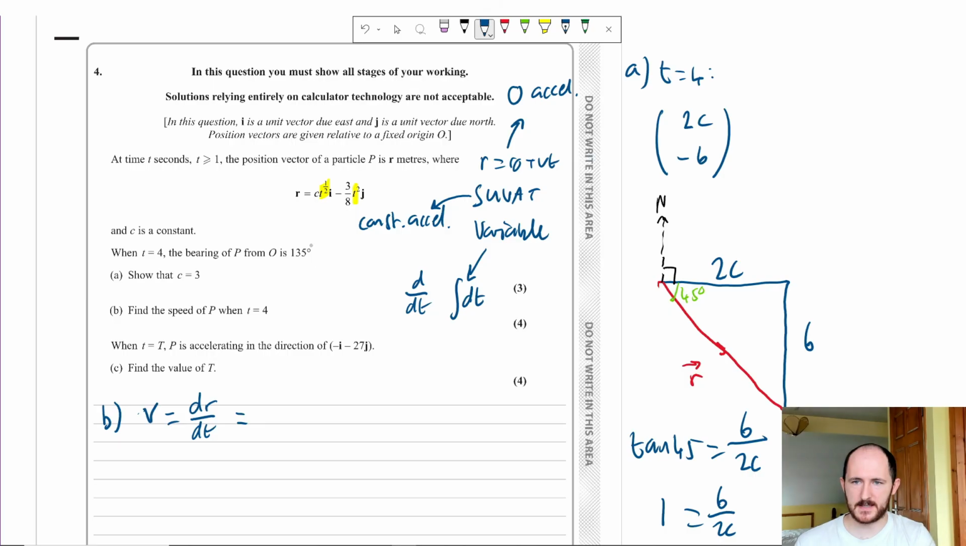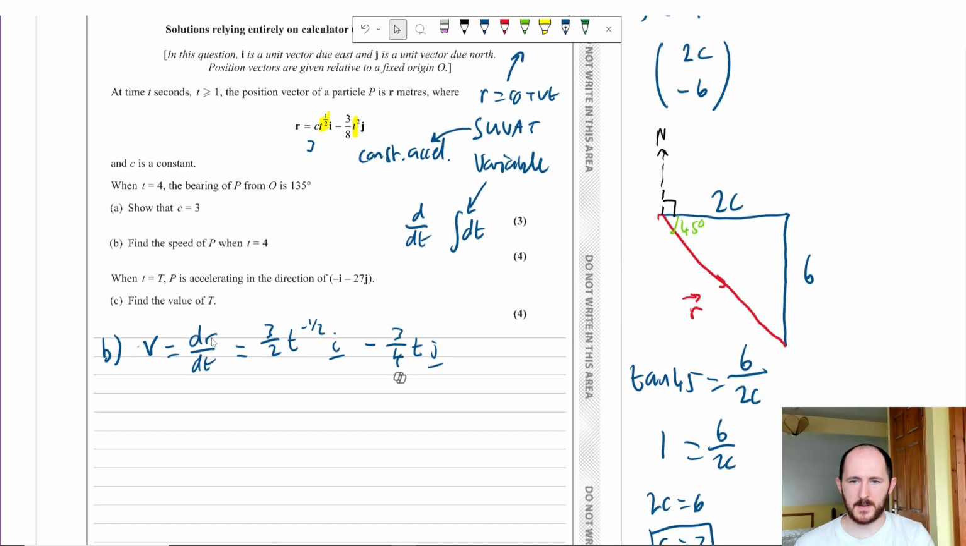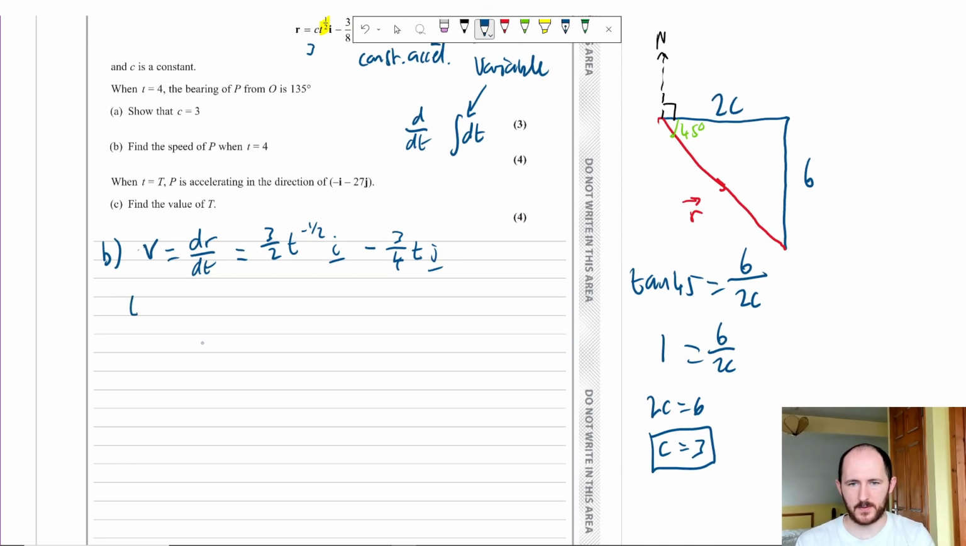So if I differentiate this, we bring the half forward. So we know c is 3, so if we write that as 3. Bring the power forward, that's 3 over 2. And that would be t to the minus a half i. And that would be minus 3 over 4, because 3 over 8 times 2 is that, t, j. And it says find the speed when t equals 4. So when t equals 4,